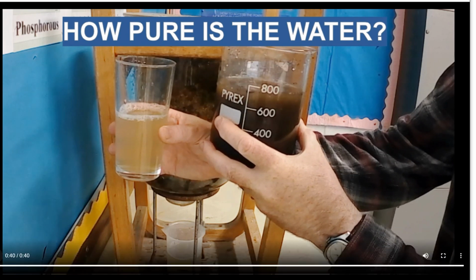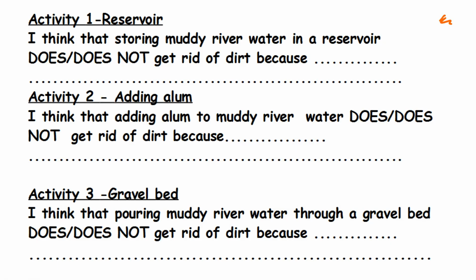Not very well, but it's been filtered. So activity 1 was a reservoir. That means that the lake is going to be very deep. You've got your water here like this. I think that storing muddy water in a reservoir that's very deep